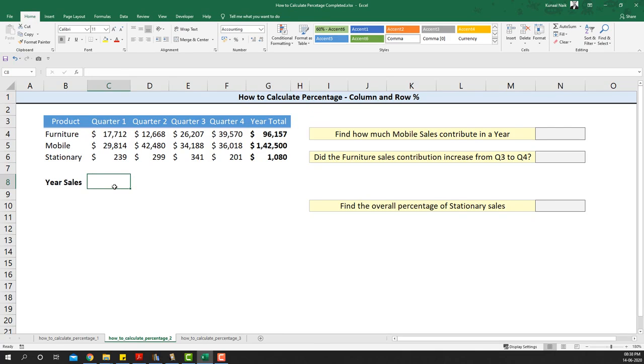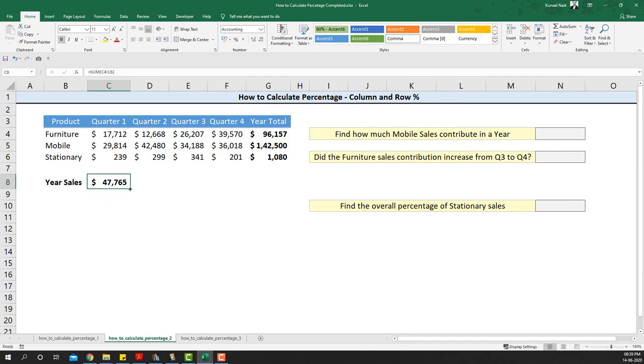Now if I sum the individual product sales in a quarter, I'll get the total sales of all the products in a particular quarter. So if I do SUM of quarter 1 all the product sales, then I get the total sales of that particular quarter. Notice this is going to be a column total.